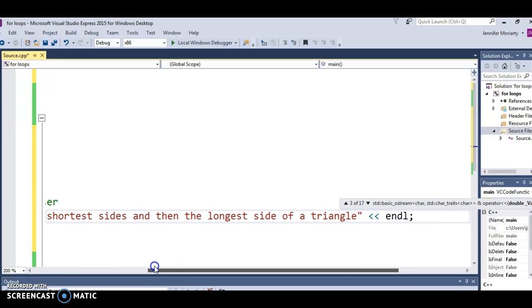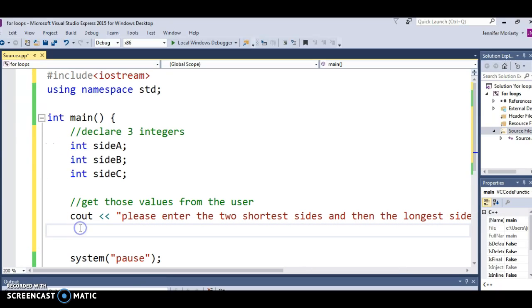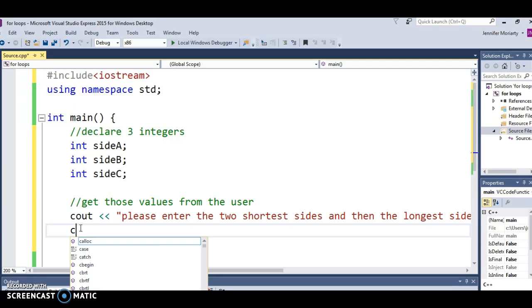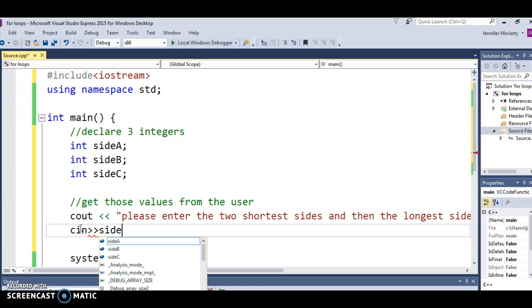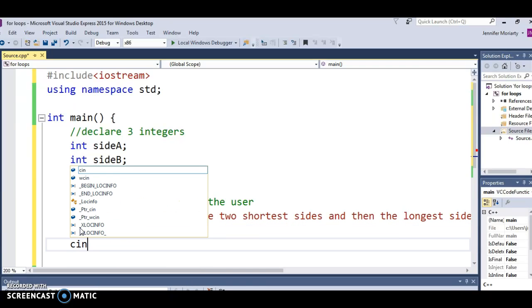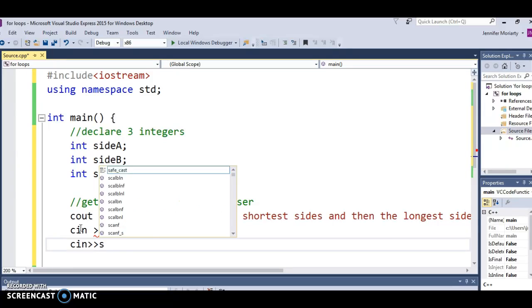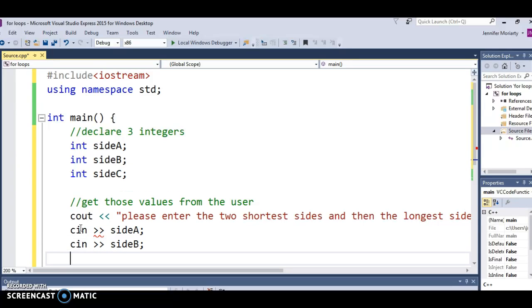So notice here that I'm asking them to first put in the first shortest sides and then the longest side, and that way I don't actually have to put them in order, which would add a lot more work here. So I'm just going to assume that the user puts them in order. So I have side A, I have side B, and I'm going to get